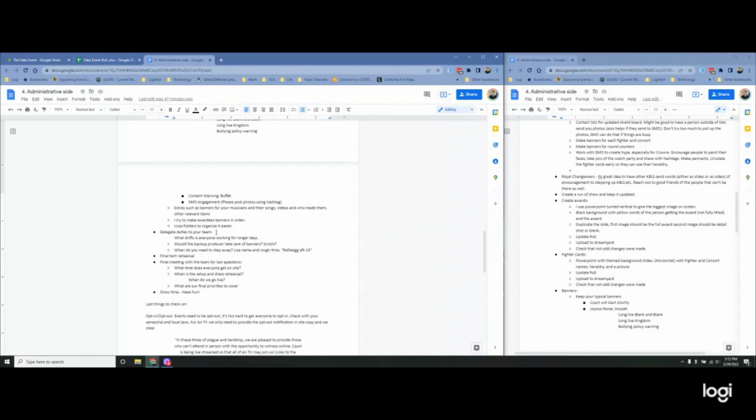Delegate duties to your team. You want to start seeing who can take care of all this stuff. Even the pre-work, who should be creating the fighter cards, who should be creating the awards, who's tracking down and liaising with court. You don't have to take on everything, and sometimes it's best if you don't. And then also start talking about, okay, who's up for the longer days? Can you only sit for 4 or 5 hours? Do you need relief? What shifts are you up for? What are the duties you're going to take care of as backup or as primary producer? When do you need to step away? And again, we've talked about using the same vernacular.